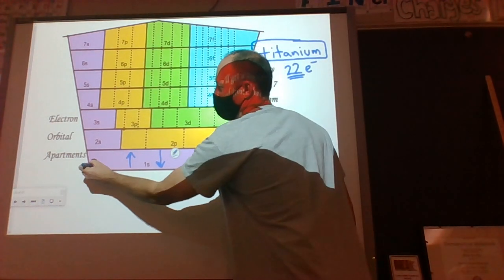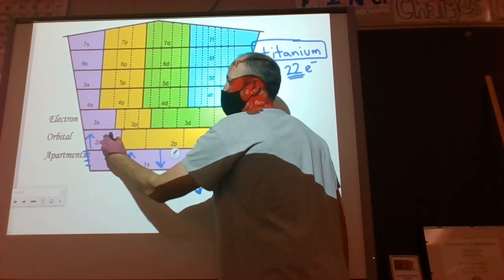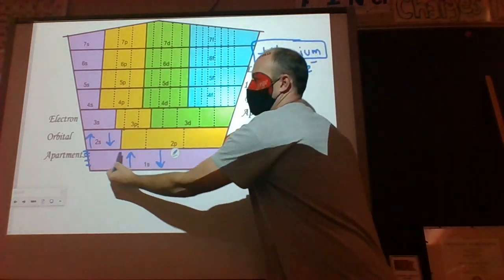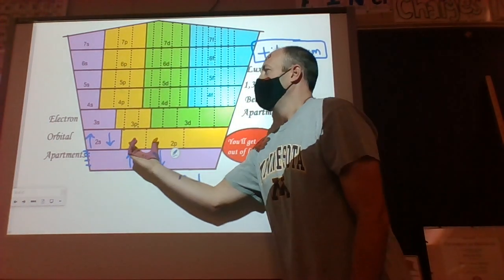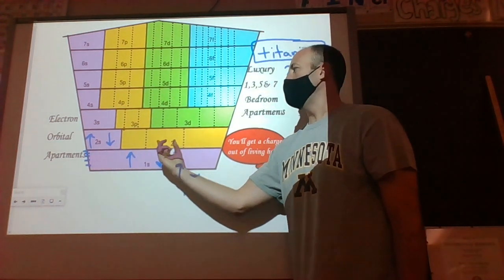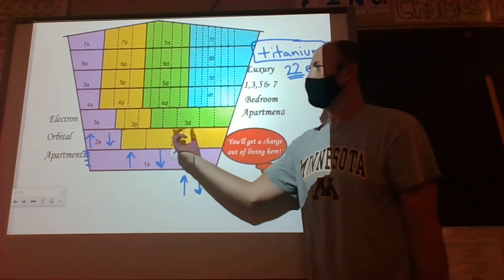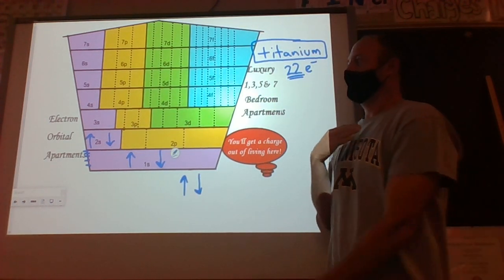So we move up the stairs, and we would go up, down again. Now we have 4 electrons. We got 18 more to go. Now we go down the hall, 2nd floor, 2p. This is our 3-bedroom. The last rule we talk about, I often call it the empty bus seat rule, is